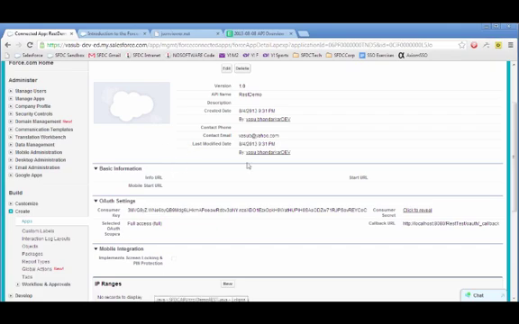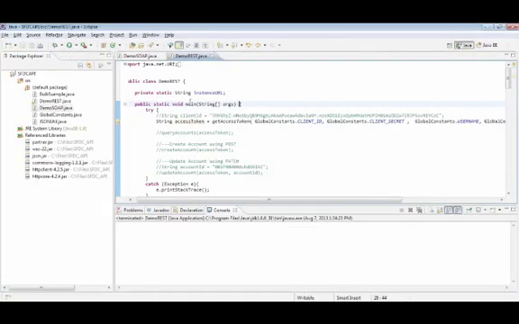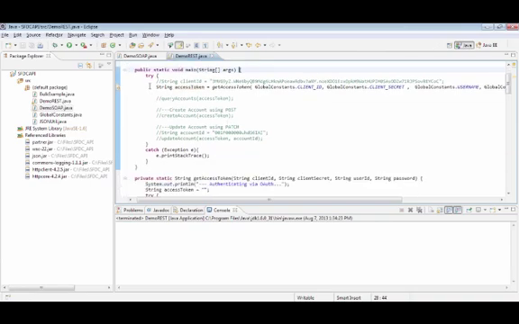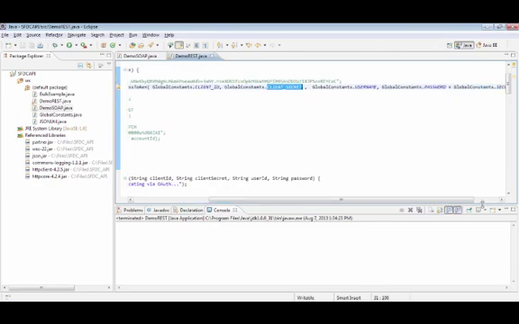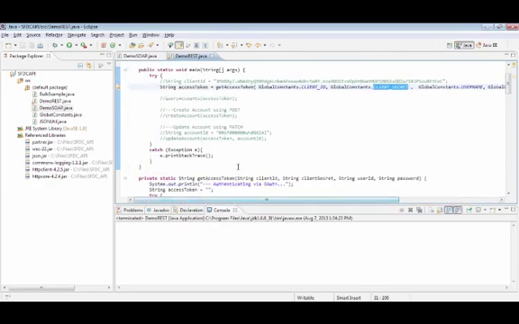So I'm going to use this connected app to actually connect my Java application running on my desktop to Salesforce using OAuth. So again, here I have a small demo class using the REST API, and the very first thing in the main is to get an access token, which is basically a session ID in some ways, using the client ID for the connected app and the client secret. You pass in the username, the password, and also your security token. In the method itself, for the access token,